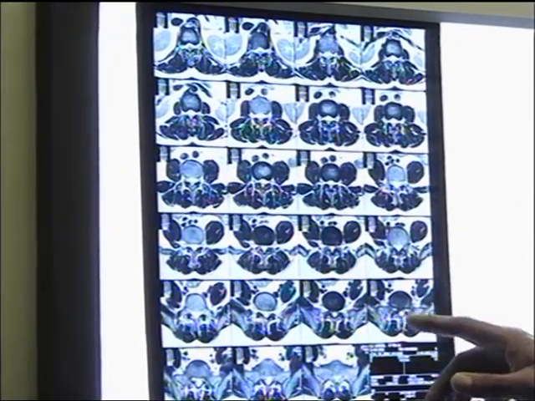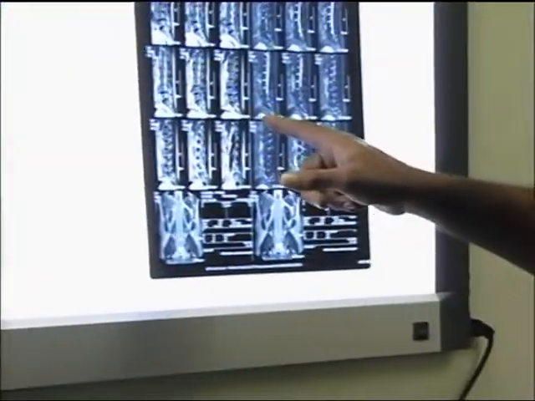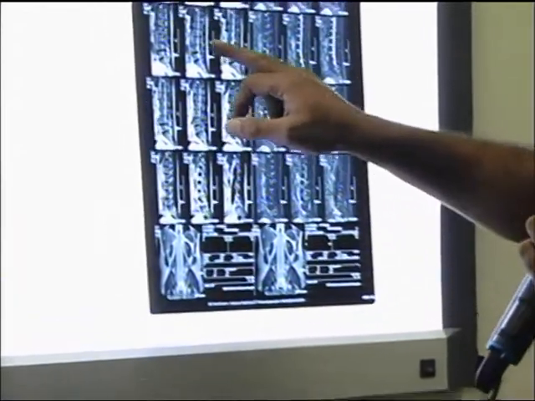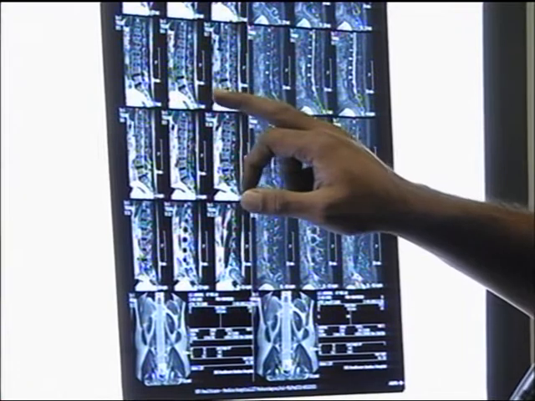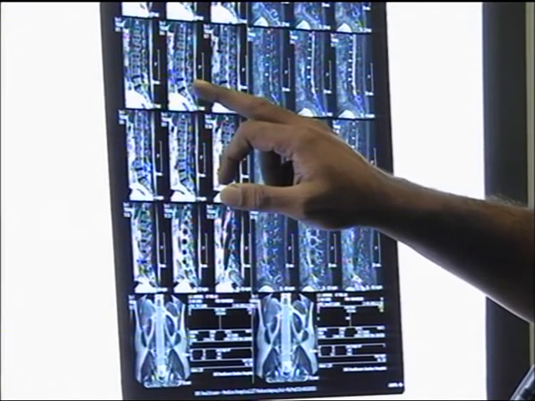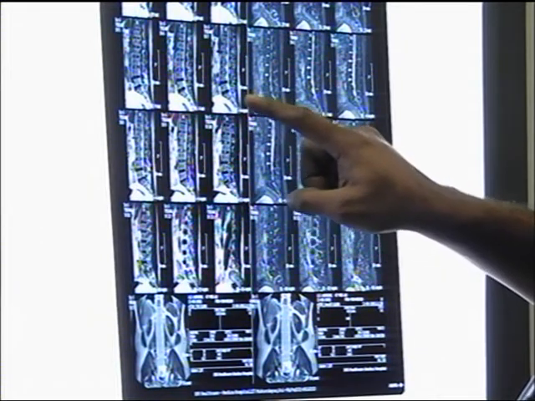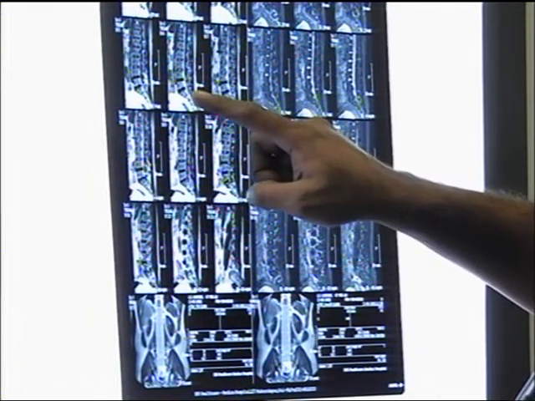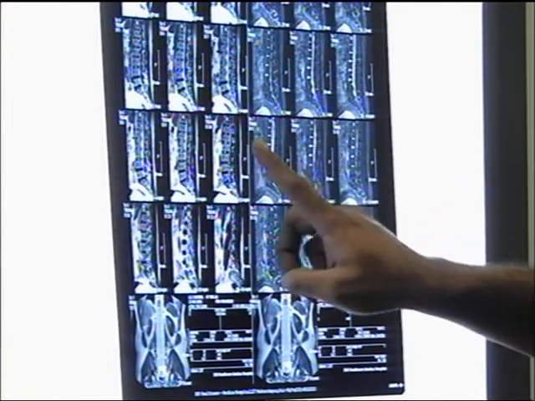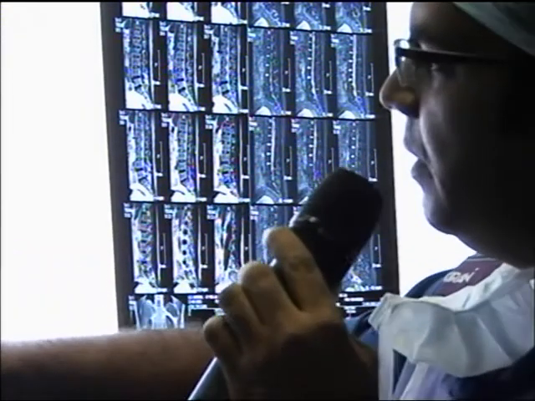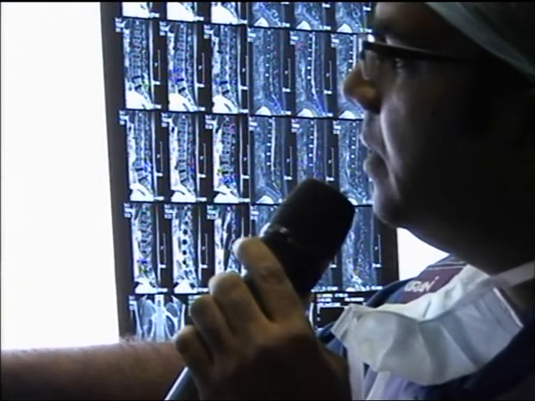Now this patient, in sagittal section, if you come from the right side to the left side, is having a bulge on two levels and disc degeneration at two levels, L4-5 and L5-S1. L5-S1 is clearly having some protrusion which is very slightly caudally migrated. In the axial section, we can see that there is a compression of the right paracentral region, foramen.